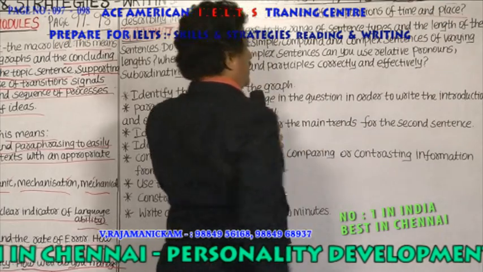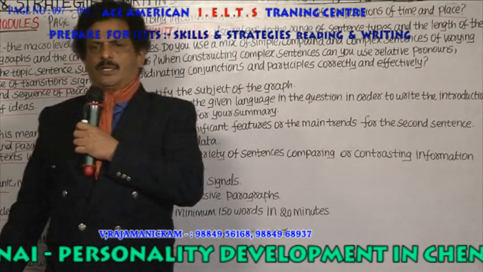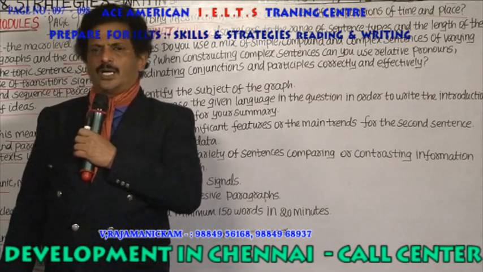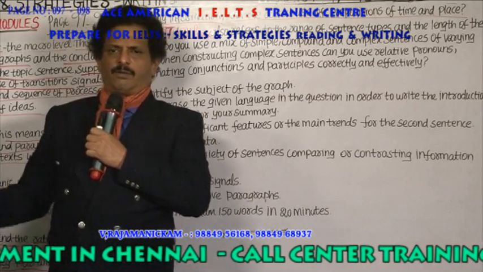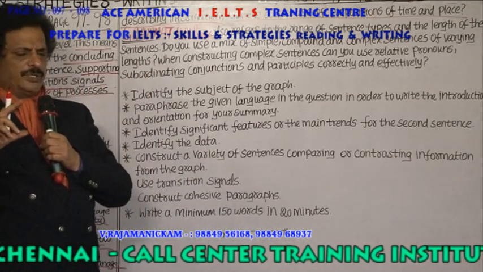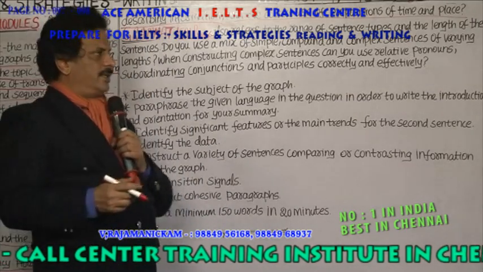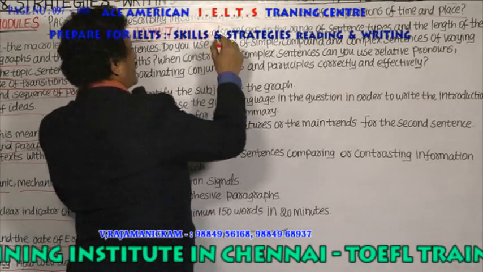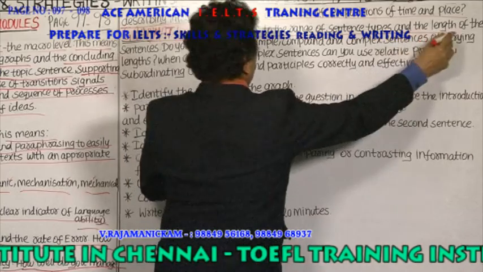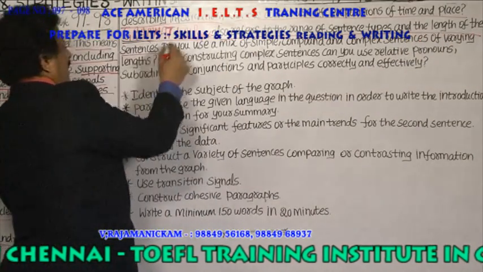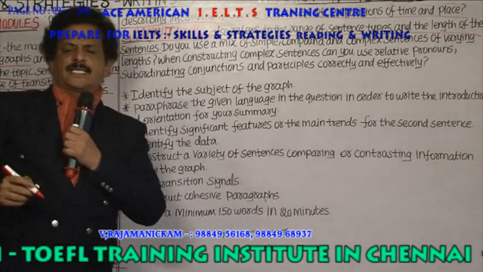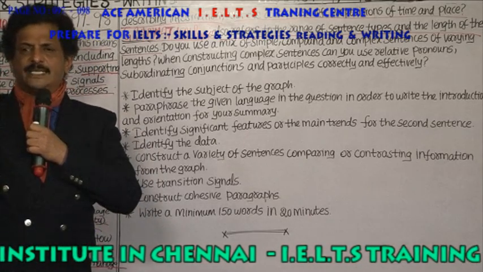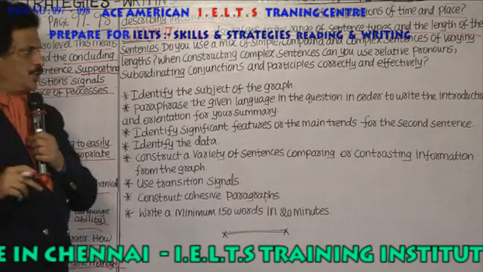Time preposition, place preposition. For example, on. On is used with time to say on Monday, a day. On is used with a place: on the first floor. So for prepositions used for time and place, you should be quite good at it. Grammatical range also refers to the range of sentence types and the length of these sentences. So grammatical range is found out by the length and range of the sentences which you write.